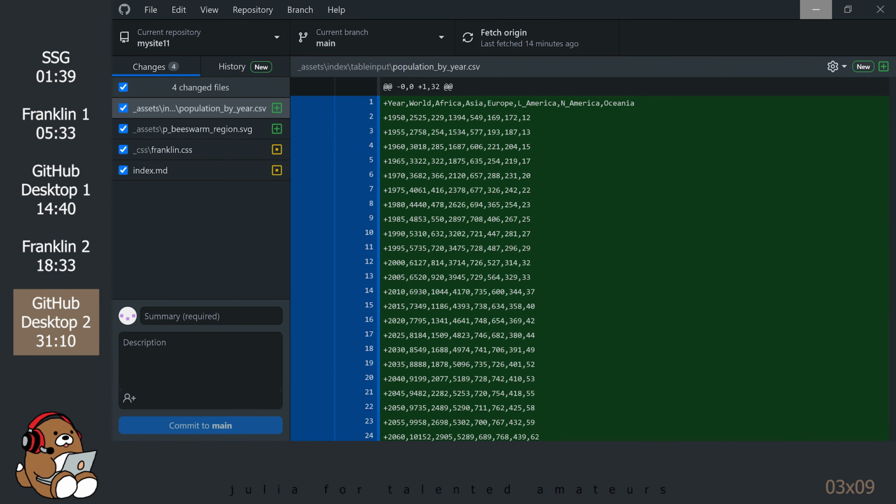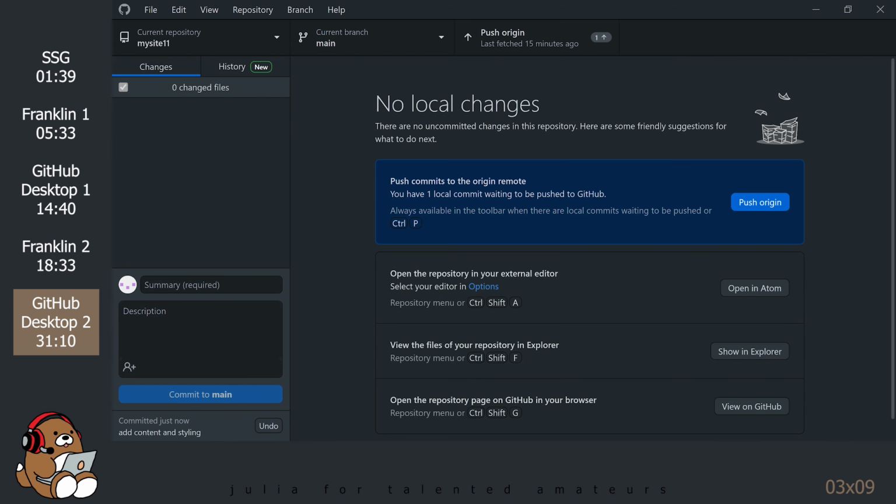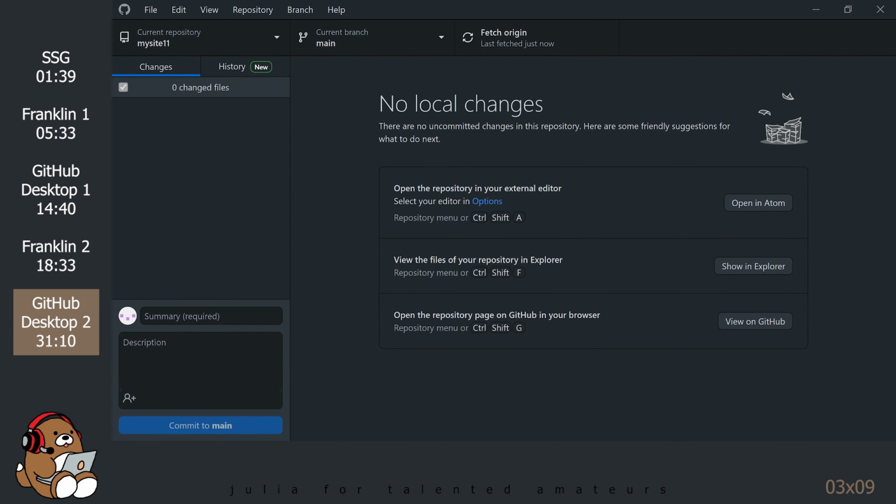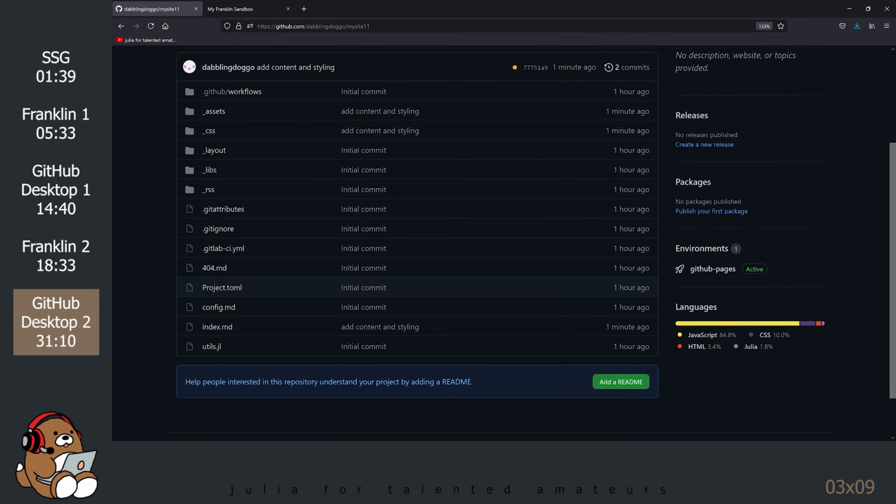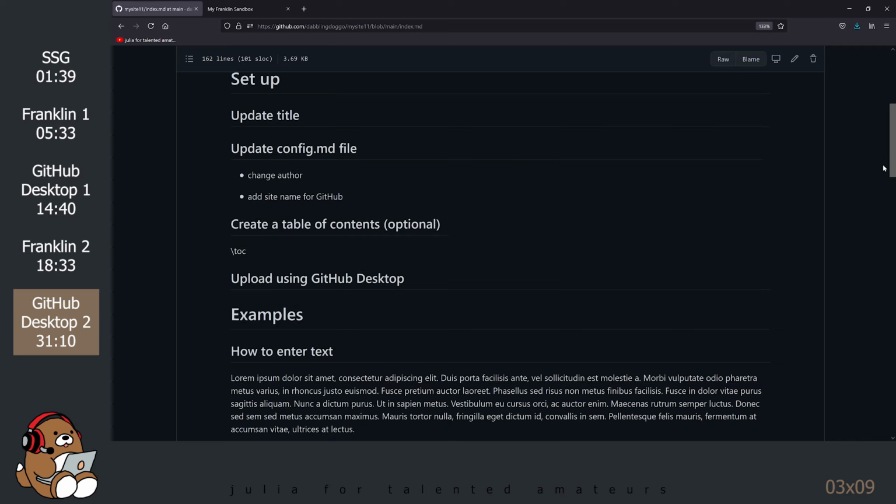Go back to your GitHub desktop interface. It should be telling you that it has detected a bunch of changes. Add a brief summary description of the changes and commit the changes. Now, push those committed changes up to GitHub. Yes, this is a two-step process. You need to commit the changes first, and then you need to push the changes to your GitHub repository as a separate step. If you go back to your GitHub repository, you'll see that all of your files have been updated.